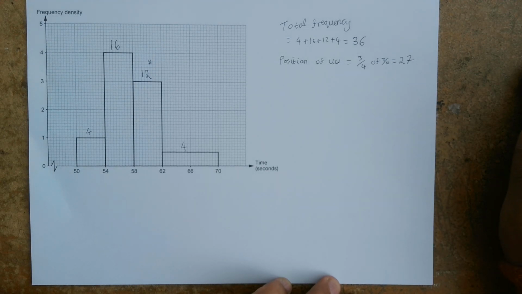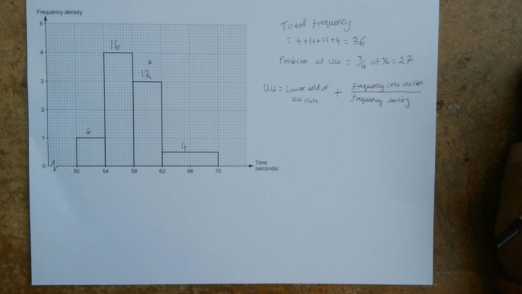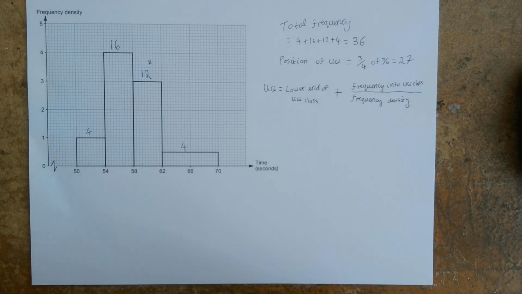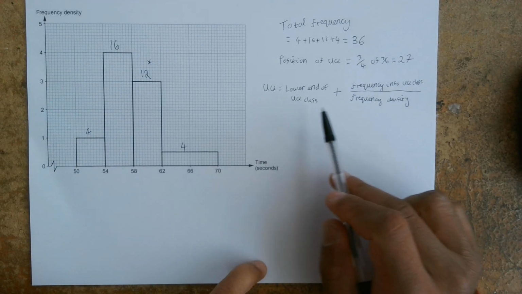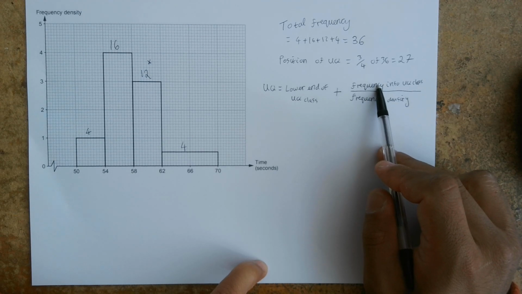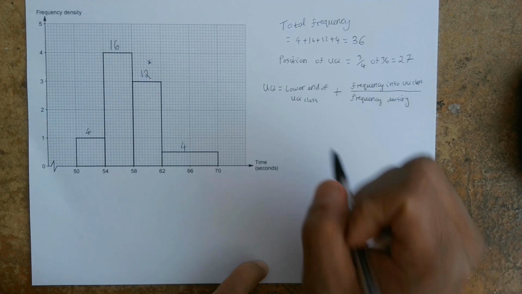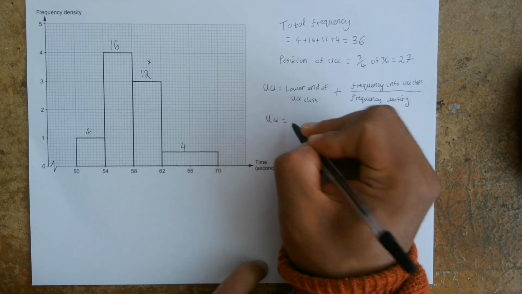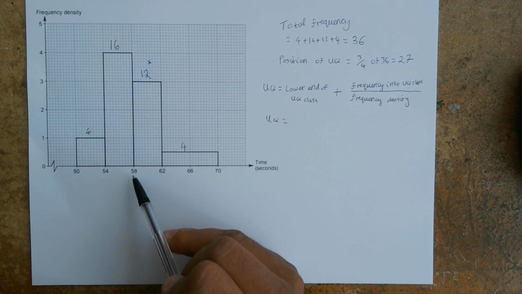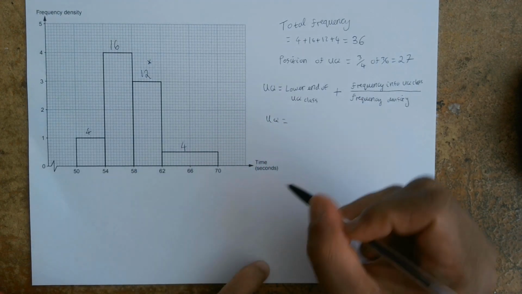And I'm going to use the following formula, which I'll write down, to calculate the upper quartile. The formula is the lower end of the upper quartile class plus the frequency into that class that is required divided by the frequency density of that class. So that's going to be 58, that's the lower end of the class that contains the upper quartile,